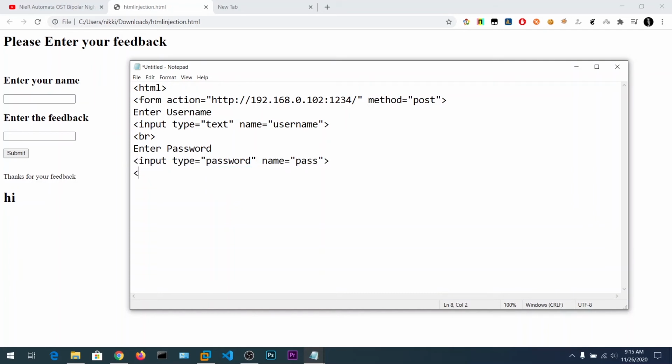Let's put another break, and now we are going to create the submit button. Input type is equal to submit, and value is equal to, value means the text that will be shown on the button, value is equal to login.